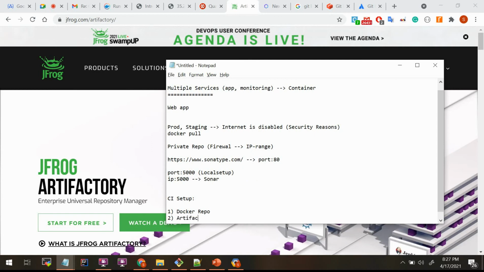Artifactory is like maintaining stable releases. For example, let's say every month you have a production release, right? So you have version V1, V2, V3, like this. For every production release you have a release, so you want to store